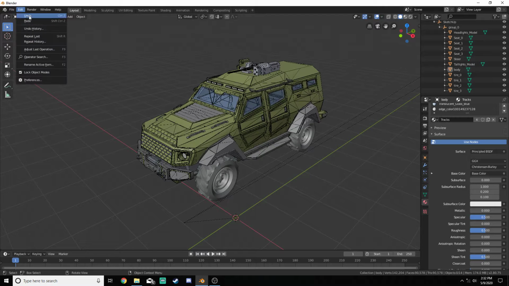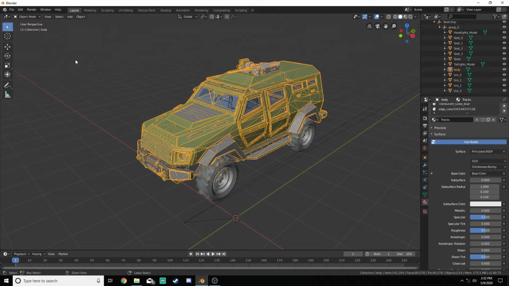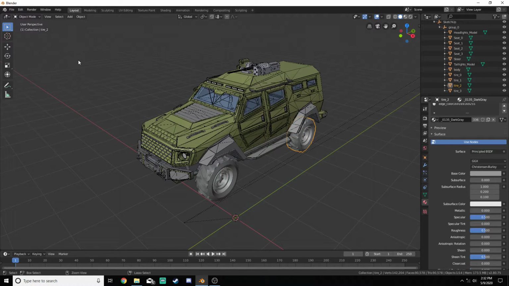And seeing how I can't undo anymore and get the body unseparated and stuff, I'd have to completely redo the vehicle,